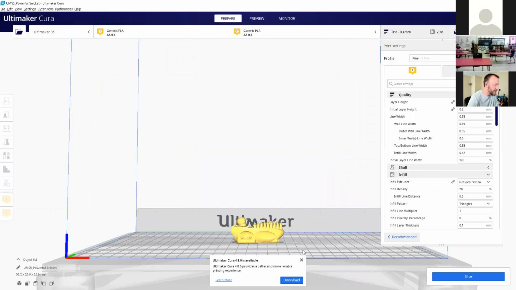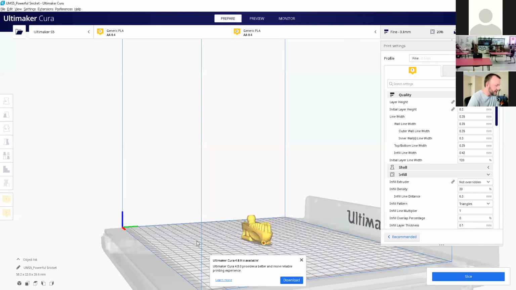You might be able to get away with it with this because most of this stuff has got a transitioned edge. It's rounded. So you might be able to get away with it. You might not. The proof is in the pudding when you go to actually print the thing and it fails and you go find that it's just a big spaghetti mess in the printer. If that's the case, go back, load the model again, and enable supports. I'm going to keep harping on supports as we go here because this is the one thing where you guys will probably run into a little bit of trouble if you just plainly don't know that that's something you need to